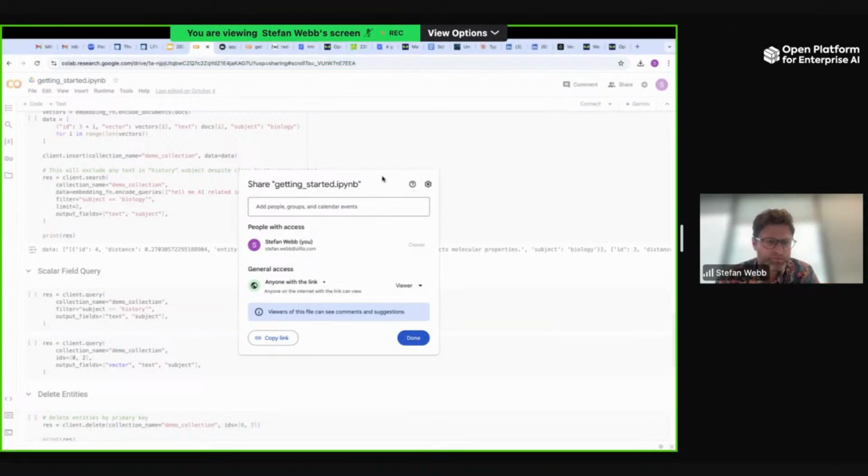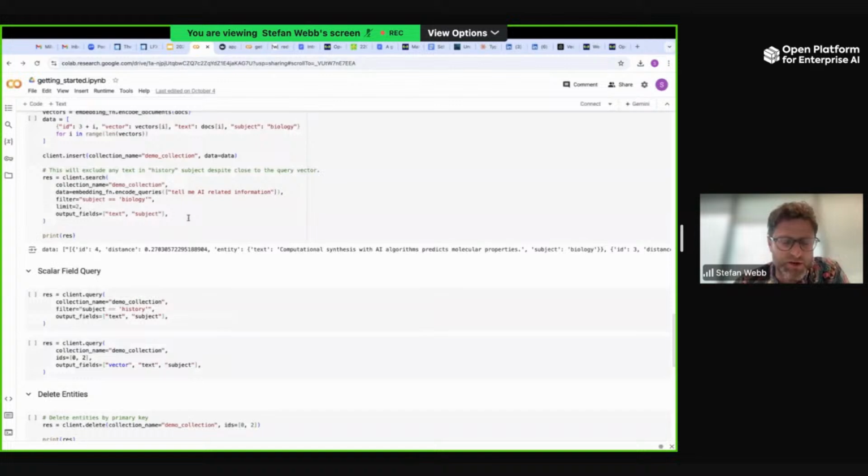But to answer your question, nearest neighbor or approximate nearest neighbor is primarily the main way that you search a vector database. You can also do a search by not nearest neighbor, but neighbors that have some threshold in distance.